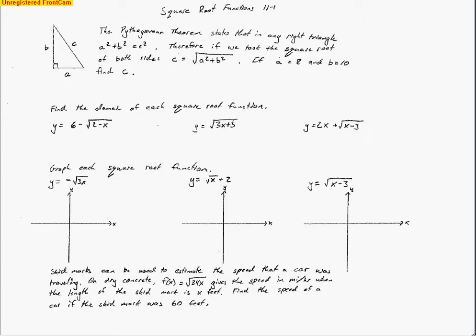Today's lesson is on square root functions, and so let's take a look at our first problem. When we're dealing with square roots, one of the topics that we can solve using square roots is lengths of sides of a right triangle, and that's where we can use the Pythagorean theorem. It states that any right triangle can be solved for one of the sides by squaring the two legs